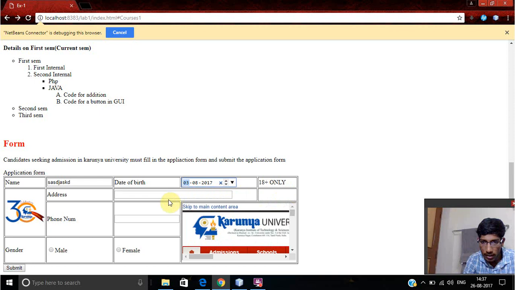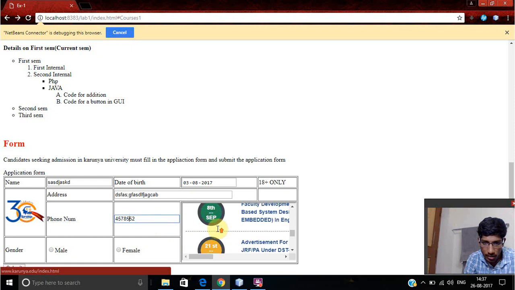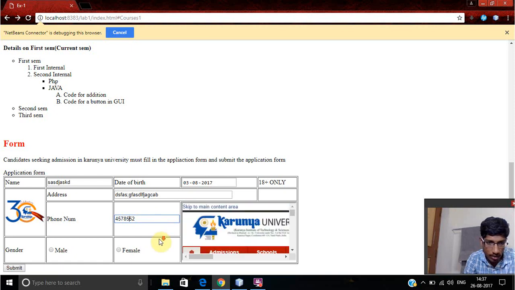You can select anything, and here you can give our address, and here you can give our phone number, and there is the iframe. You can see our total site here, and I gave the gender for the edit button. I can select one of them, and at last it